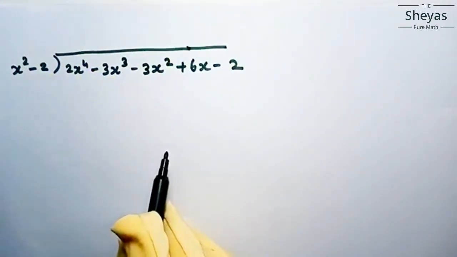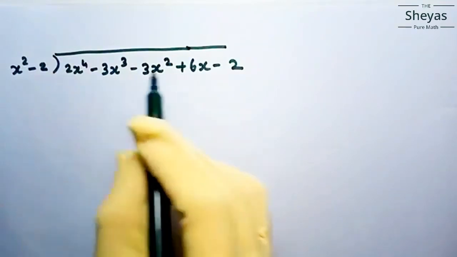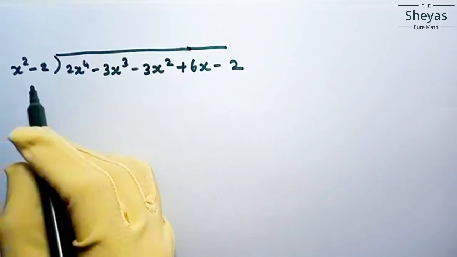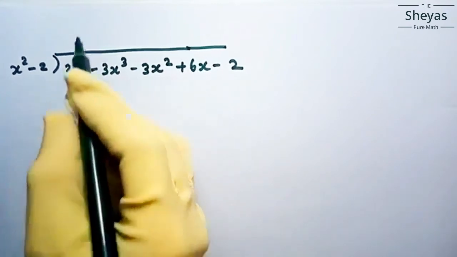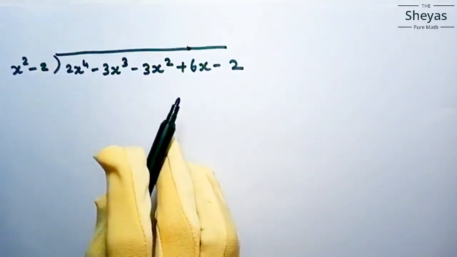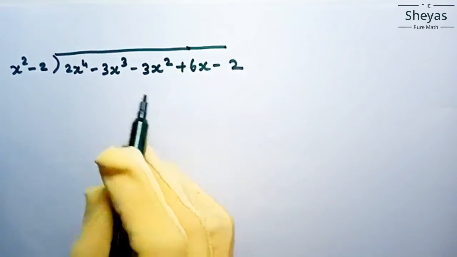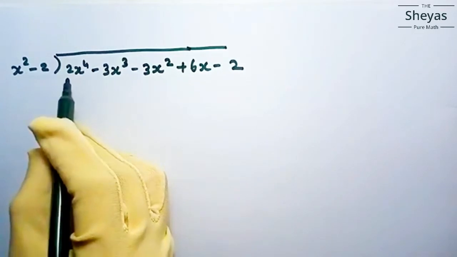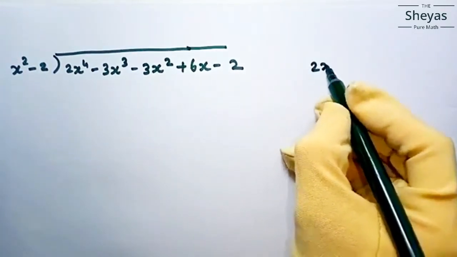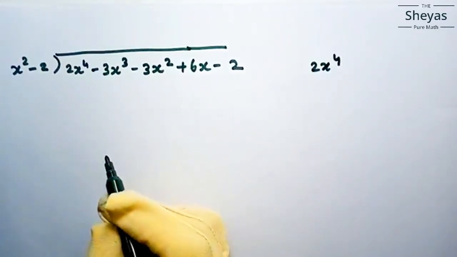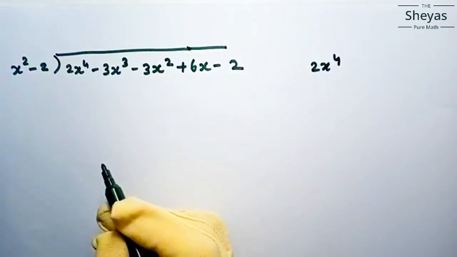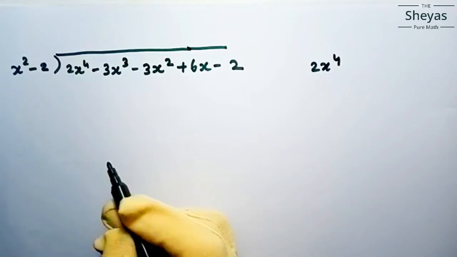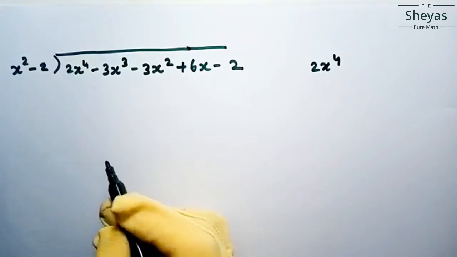Okay. So what I'm going to do? I'm going to divide the given polynomial with the factor I have found, and I'll be getting the remaining zeros. Okay. Now let me start this. So what is the first step? This is the first term, so write down the first term. As we have seen the long division method in my previous videos, you can refer to that. So same like that, that is how we have to start the division.